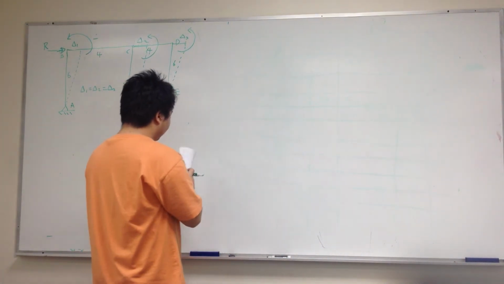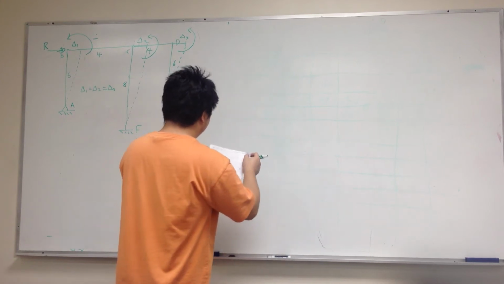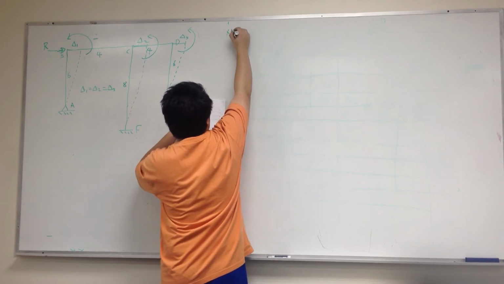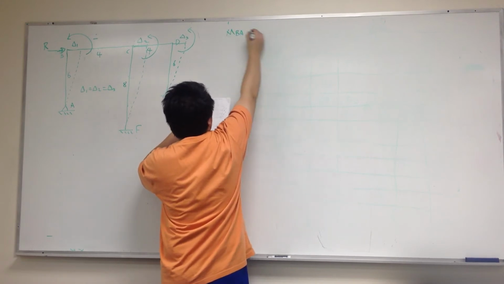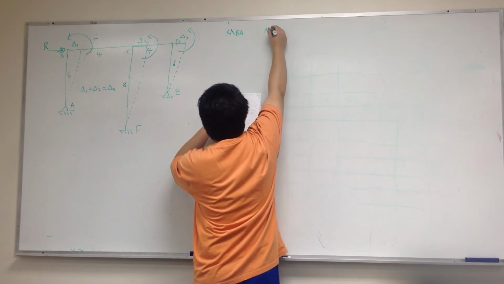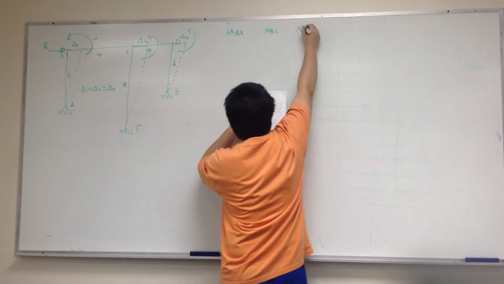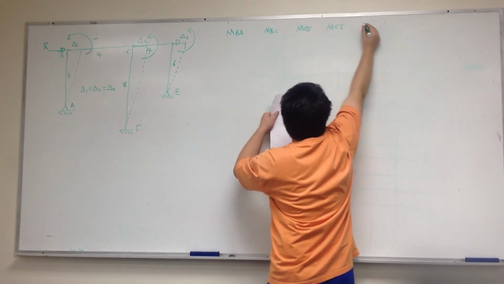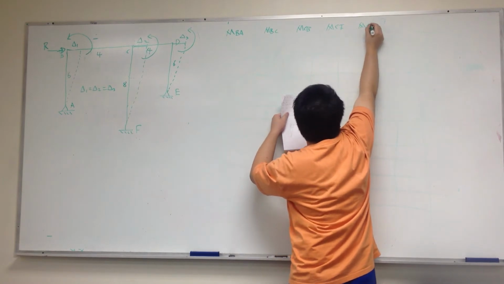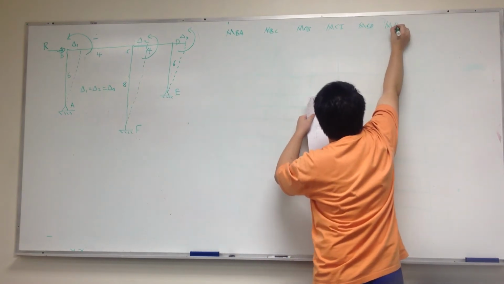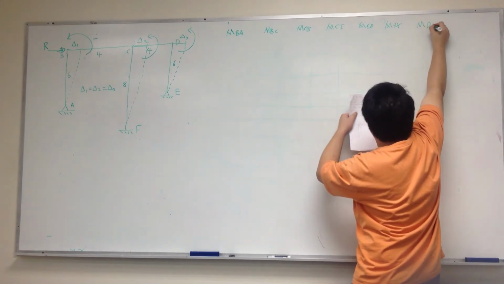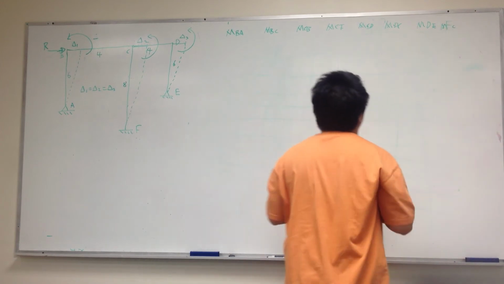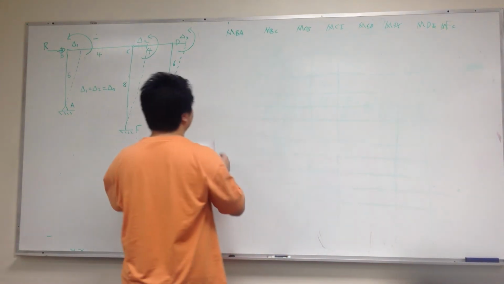So at the end, you're gonna have this table. You're gonna have moment B8, BC, CB, CF, CD, DC, DE, FC, and